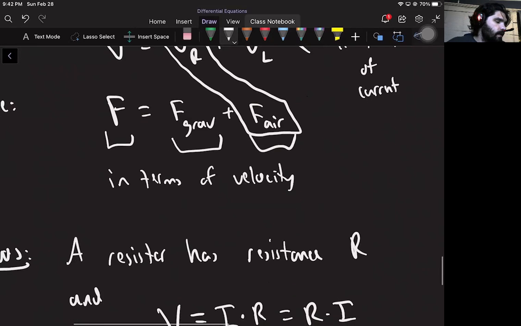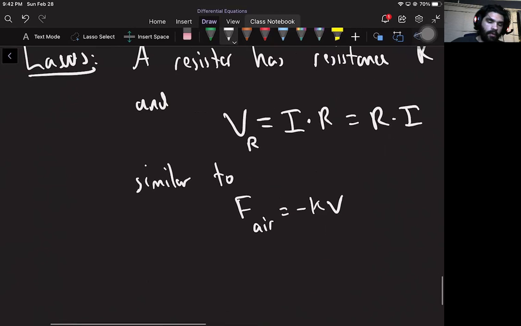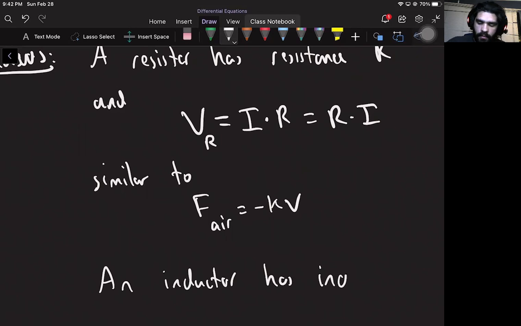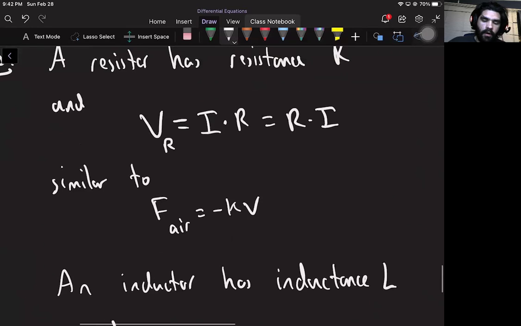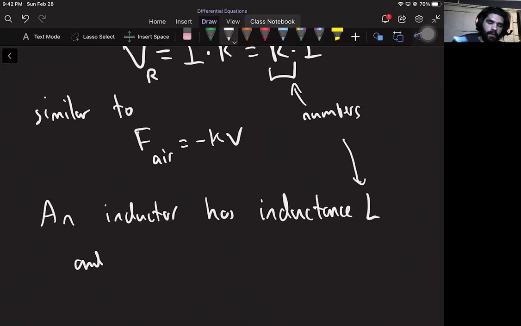Okay, and then an inductor also has an interesting property. It's a little bit different. So an inductor has, instead of resistance, it has an inductance, L. And it's just some number. So R is just some number that you're given ahead of time. So is the inductance of the inductor. And it's related to the voltage across the inductor,